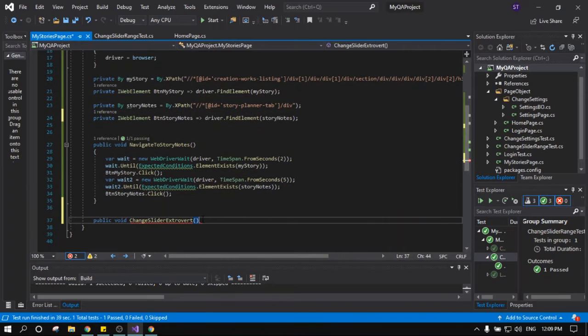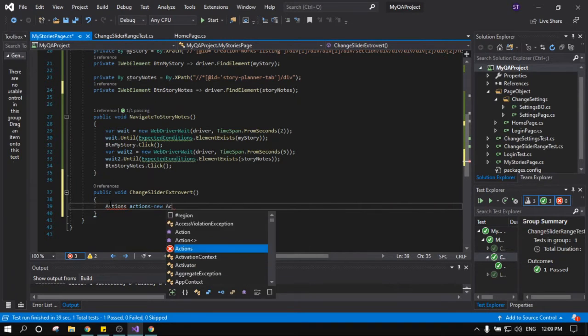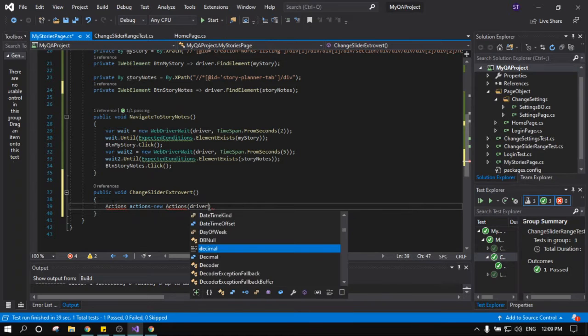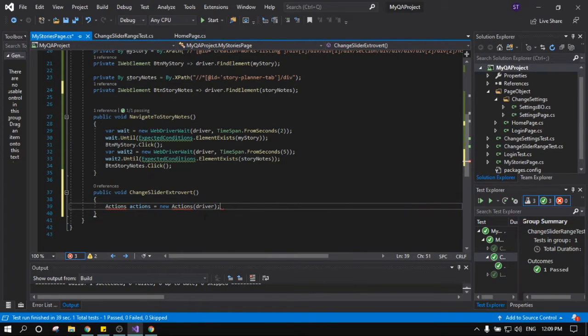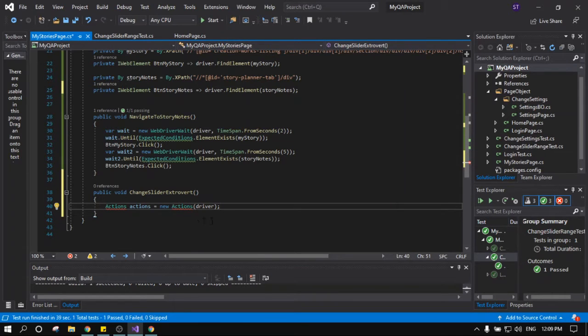And inside we have to write a special class called actions, and let's give it a name. Actions equal new actions, and it uses driver. Now we have to import this from Selenium interactions, and